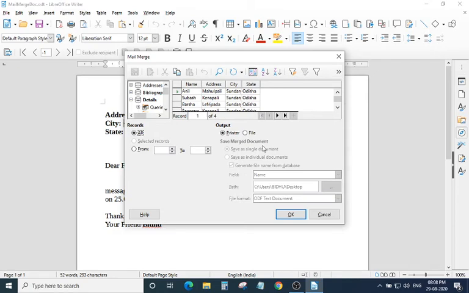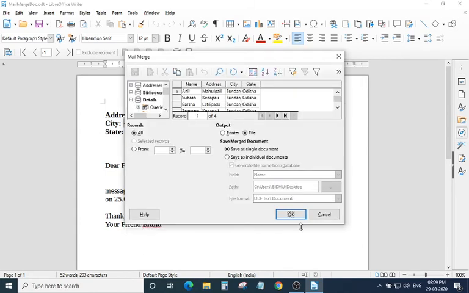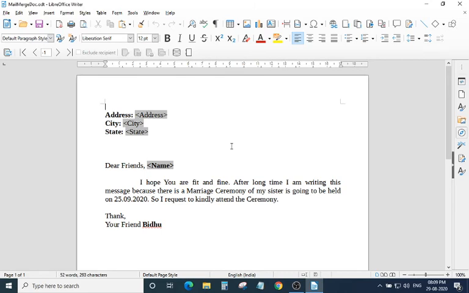Then I will click on file options, then save as single document or save as individual document. If you want to print it individually, it will print individually. Let me choose the first one. Then click on OK, then choose the desktop, and click on save. Then it will print the 4 documents.